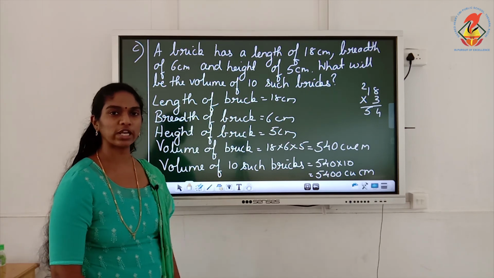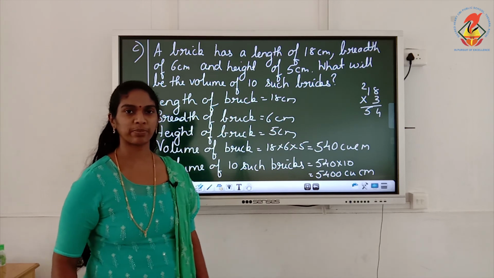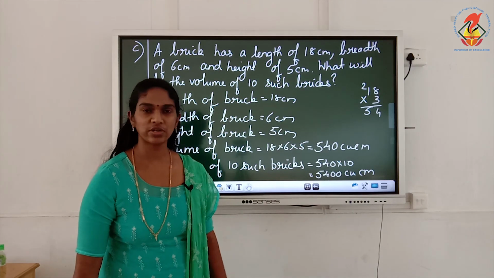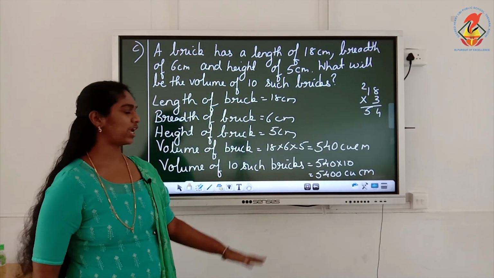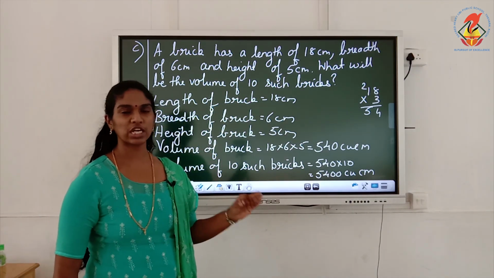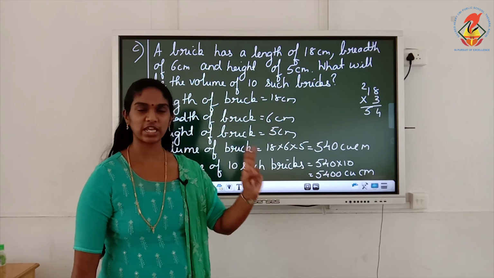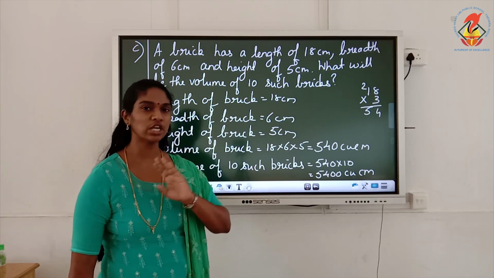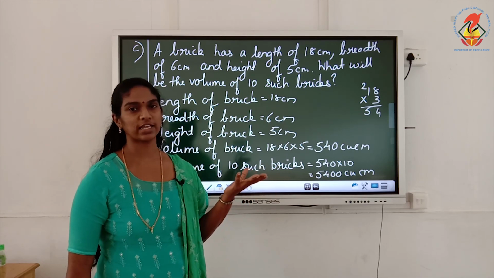So this is volume. How to find out volume? You just have to multiply length into breadth into height. That's all. Okay children? Understood? So this is the end of this chapter. Be thorough with the formulas of perimeter, area and volume. This is a very easy chapter. If you are thorough with your formulas, you just have to calculate and get the answer.